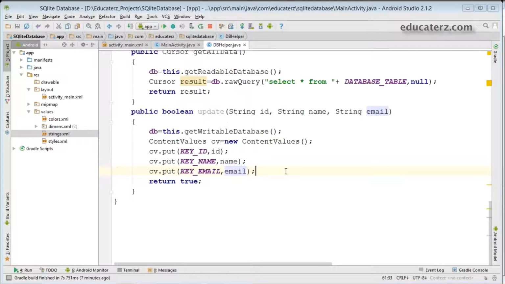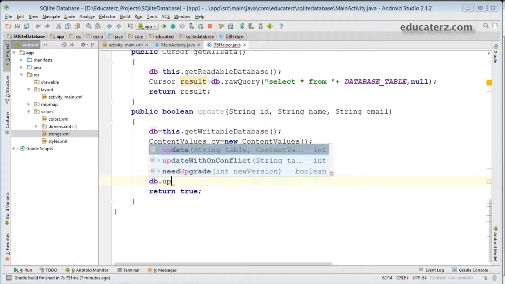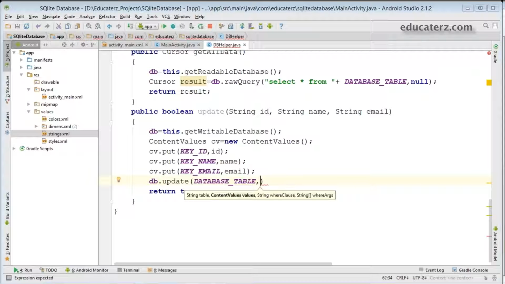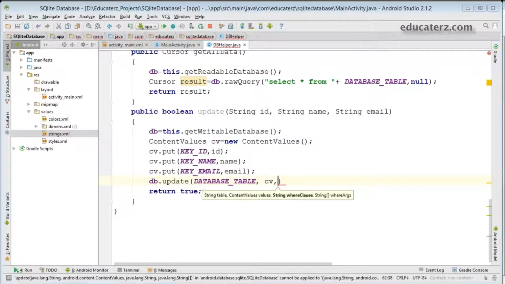After this we should update the data. Just get your object db.update method. This update method is going to take your table name, that is the database table, comma, the ContentValues object cv, comma, the where clause string.